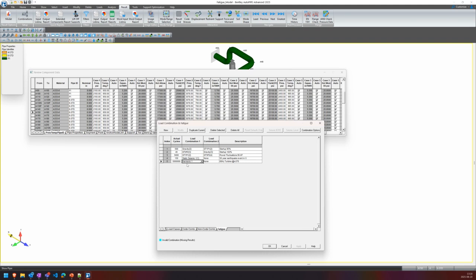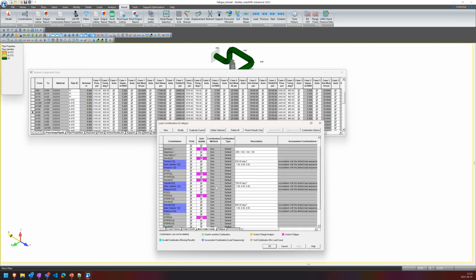Let's say that I want to have this harmonic case, if it's a turbine, say, and I want it to be running at an operating state. What I need to do is specify a temperature to go along with this. And since all of these combinations here are coming from our non-code combinations tab, this is our general combinations. So if I go over here,